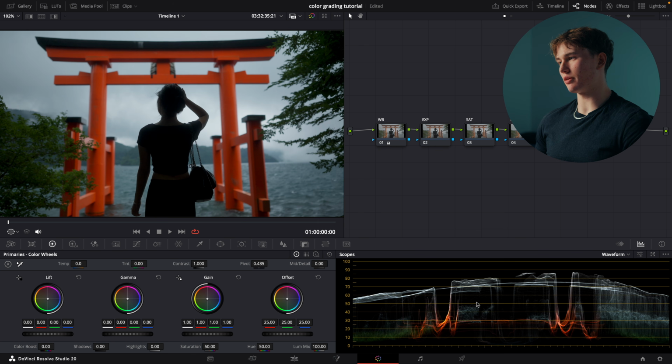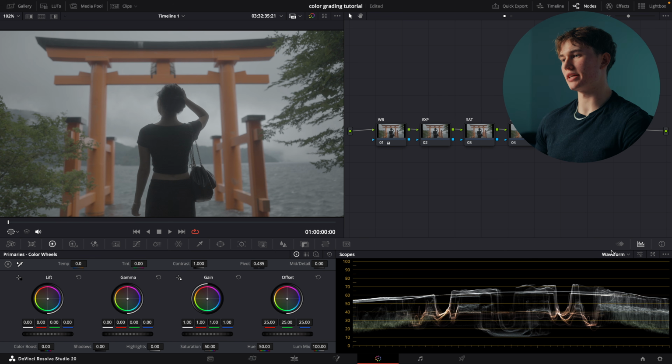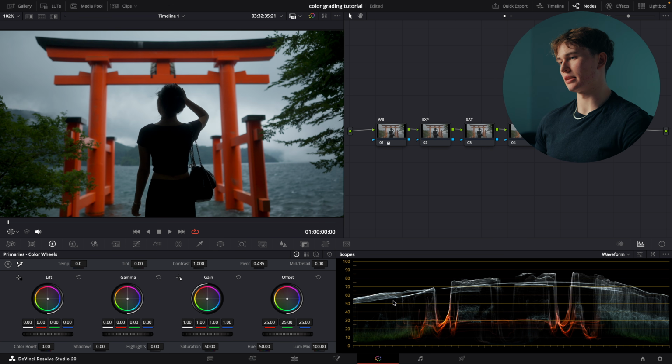Now I want to demonstrate how you can use the waveform to determine the contrast levels of an image as well. If we were to turn off our color space transform node, you'll notice now that this waveform is much more flat. So that's representing the lack of contrast in the log image. When we turn that back on, you can now see that our highlights are further towards 100 and our shadows are further towards 0, giving us more contrast in the image. So when we're setting our exposure, just be mindful of this as we're making our adjustments. We're going to use both what looks best here and what looks good here to make a good, well-rounded adjustment